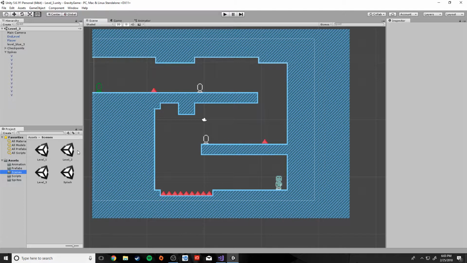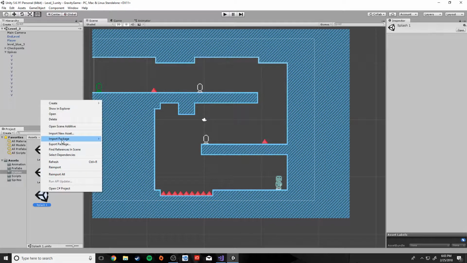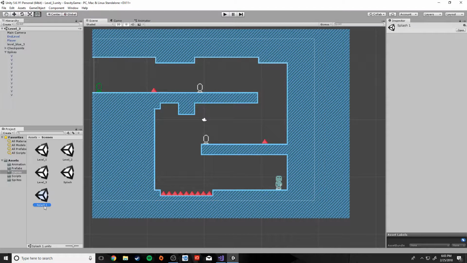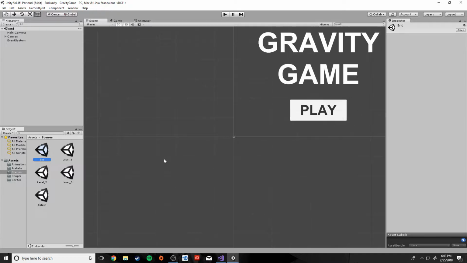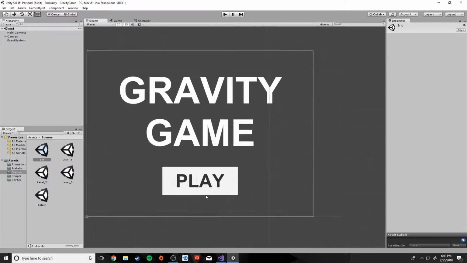All right, now there's one more scene that we need to create, and it's almost going to be an exact copy of our splash screen. So here's the cool thing. I'm just going to actually duplicate my splash screen. I am going to rename it just by clicking down here on the name and call it End. I'm going to open up that scene. So now if we look at it, we have our gravity game, we have our play button,